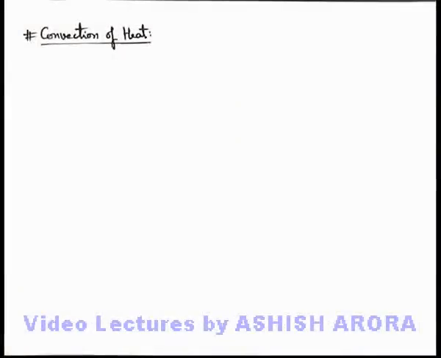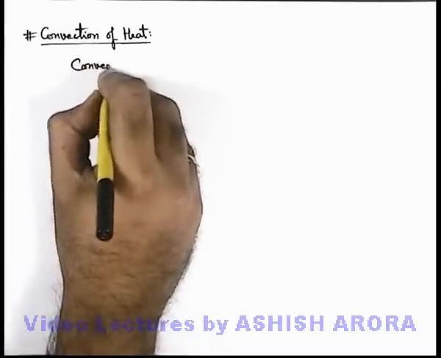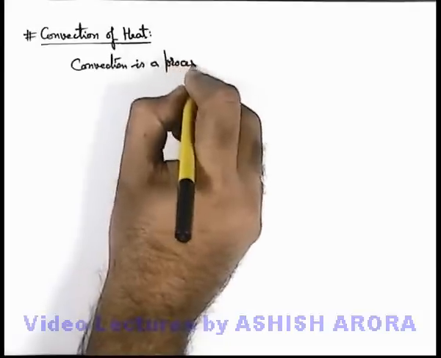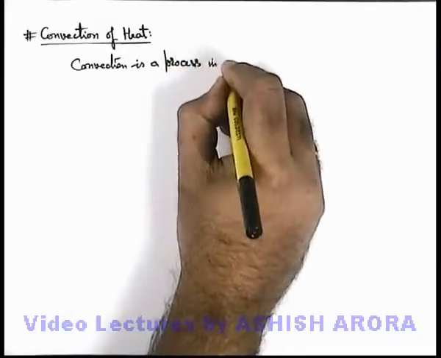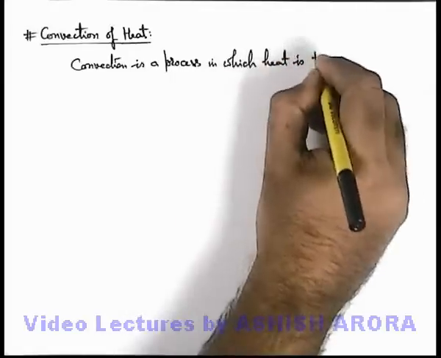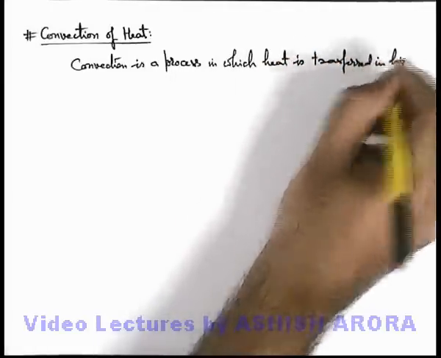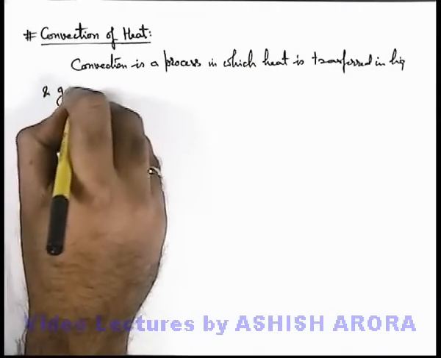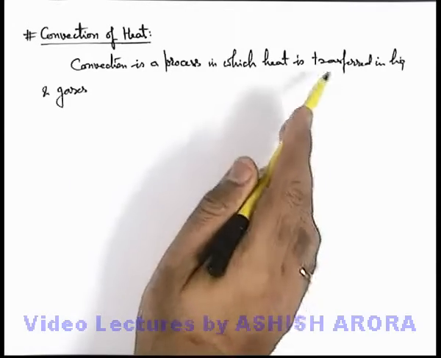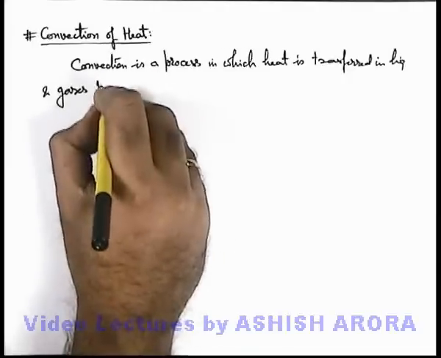Let us now understand convection of heat. Here we can write that convection is a process in which heat is transferred in liquid and gases. Specifically, we talk about fluids where the density almost remains same. So heat is transferred in liquid and gases by